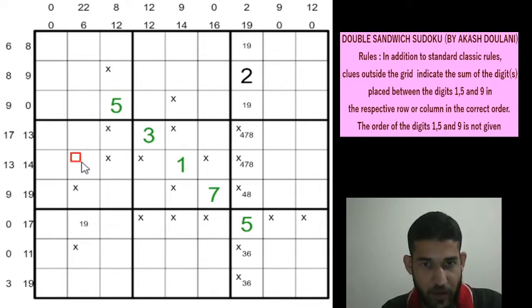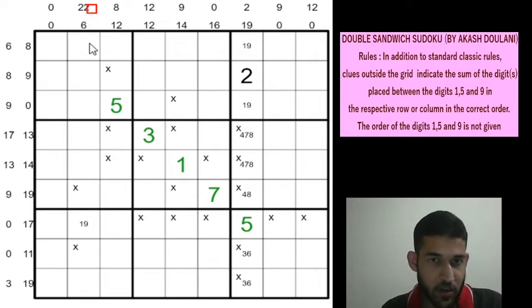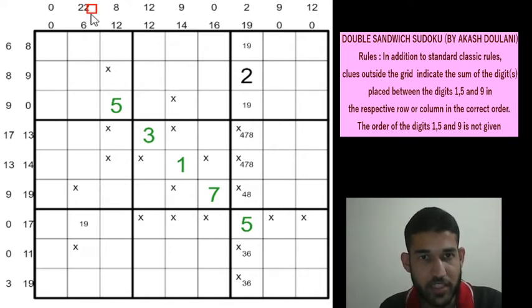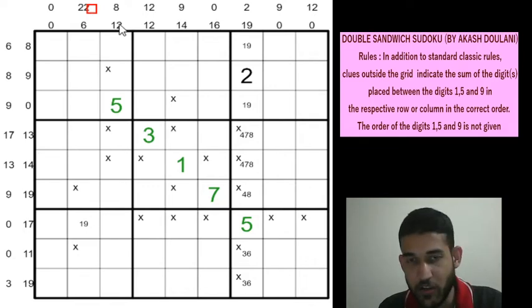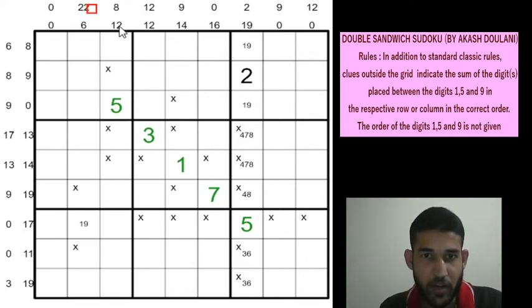Let us assume we have a 1, 5 or a 9 in row 5 column 2. So for the 22 total, we cannot use the 9 because 9 is going to be your boundary or the crust of the sandwich. You cannot have a 9 as part of 22. So when you cannot have 9 as part of the 22, it means that it will require at least 4 digits to get you to 22 total, because 22 with 3 cells is made up of 985 or 976, and when you take off 9 from the 22, it will require at least 4 cells to reach there.